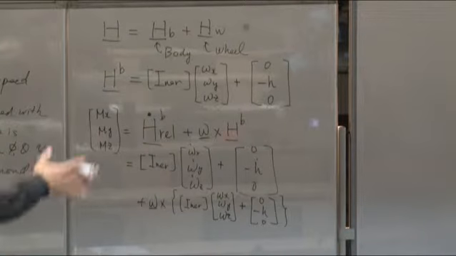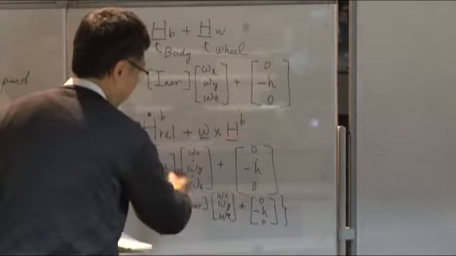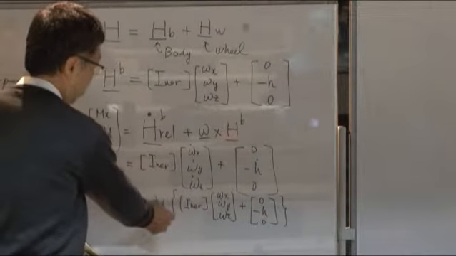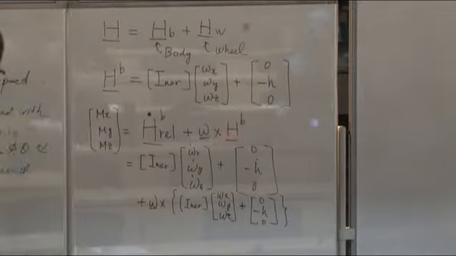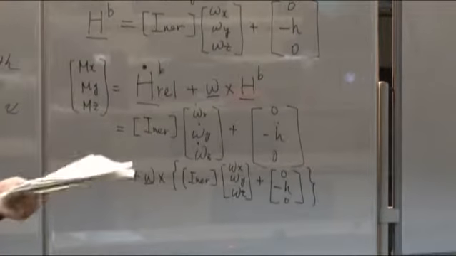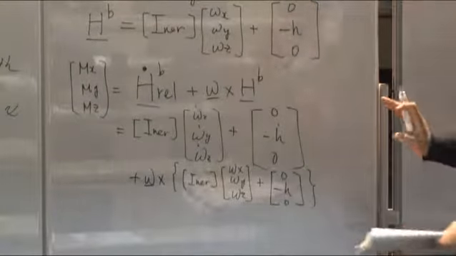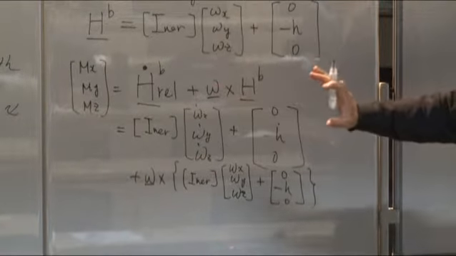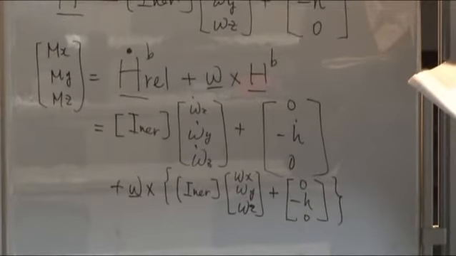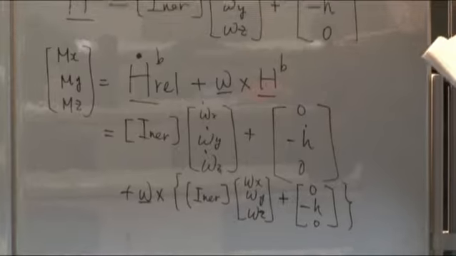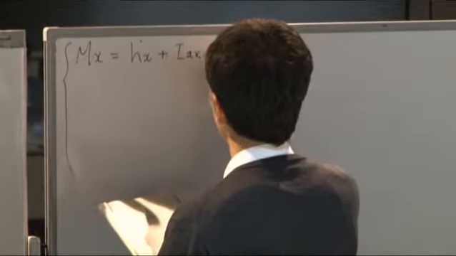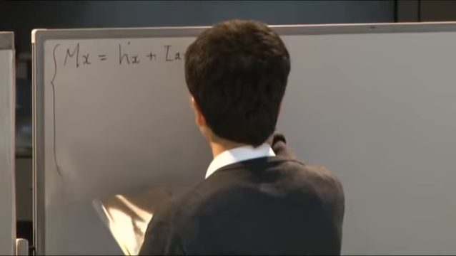And then you should expand this right-hand side by making the cross product and the matrix multiplication and so on. Then the final equation is something like this. First, I'd like to write all the equations without any cancellation. Then we can write mx equal to